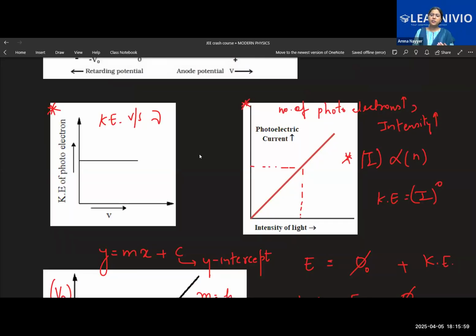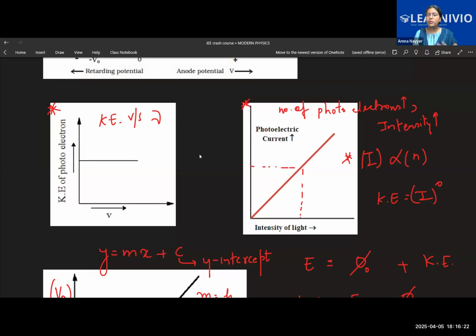Tomorrow, I'll take the questions of atomic structure and nuclear structure from the recent papers first, and some questions from the rest of it. And a few questions of modern physics also we'll discuss tomorrow. One or two questions we'll not be able to discuss today. So please, again, I'm saying, revise this unit and come. Atomic structure and nuclear structure, please revise it properly because you are going to answer the rest of the things.